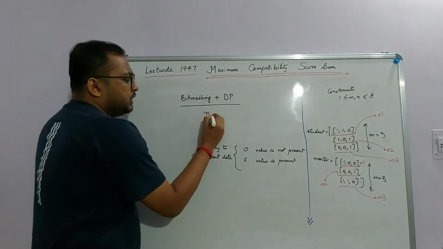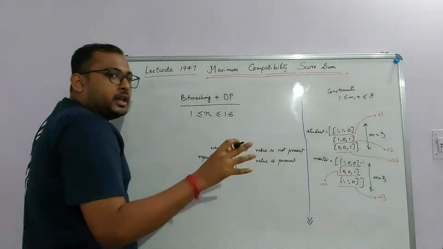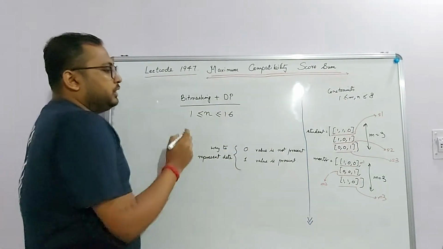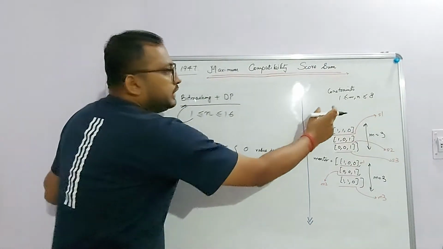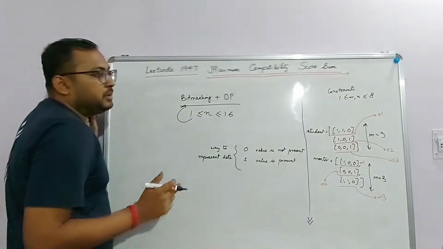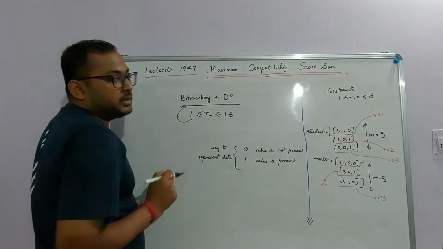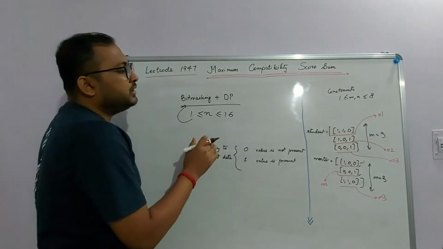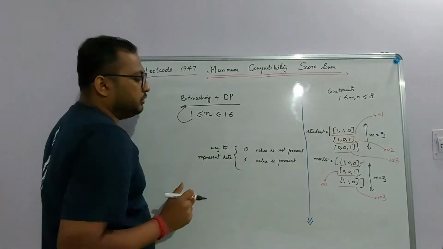Whenever you see the constraints lying in the range 1 to 16 and you have to match a given array with another given array, then definitely bit masking is the route that you should take. In this problem also, we had the constraints as m and n lying between 1 to 8. That means it's very small and we can definitely apply bit masking. We will see whether we could apply DP or not, but for now let's go ahead with this intuition.